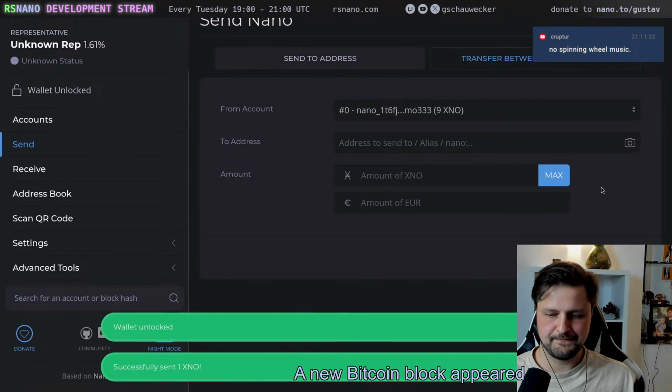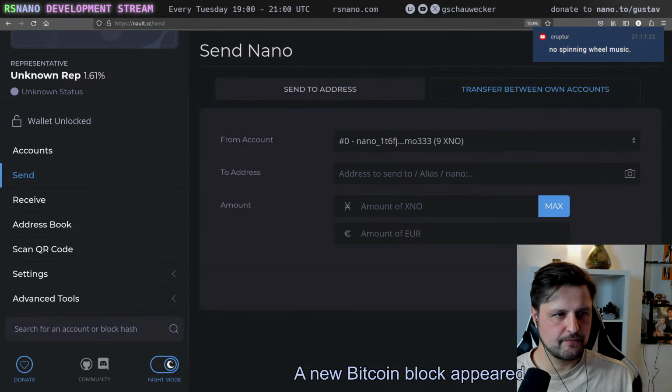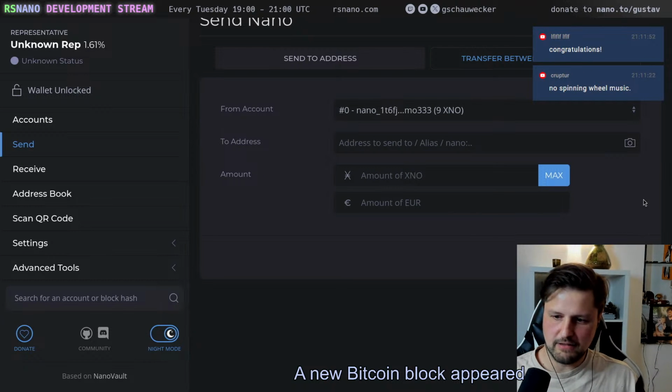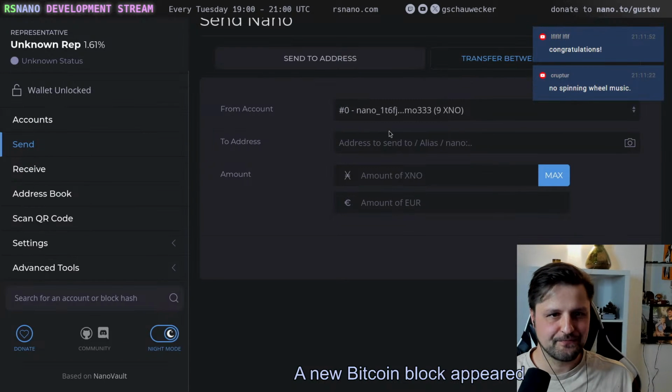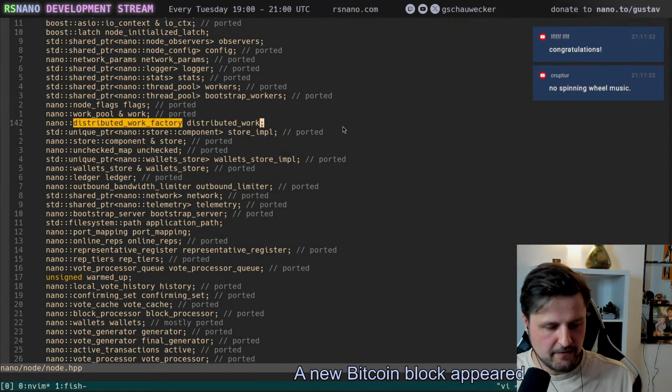So what else? Let me check. Maybe let's start with the WebSocket corrupter. No spinning wheel music. No music. Sorry. So let's start with the WebSockets, and if